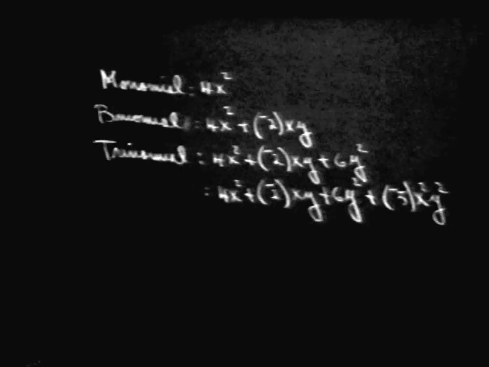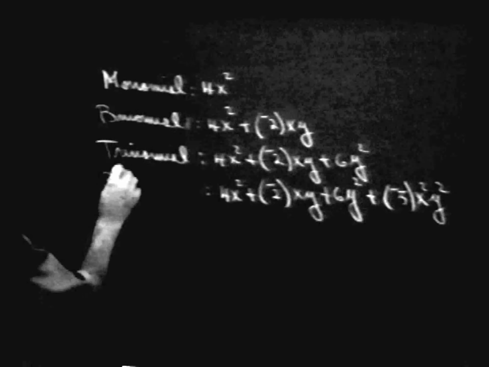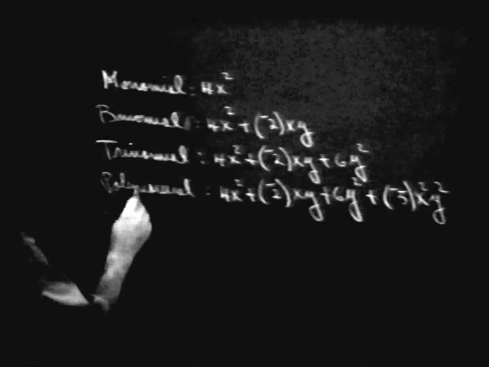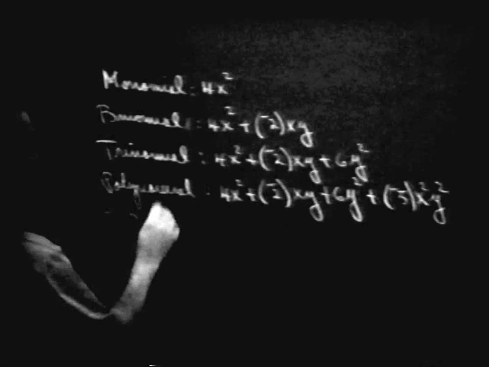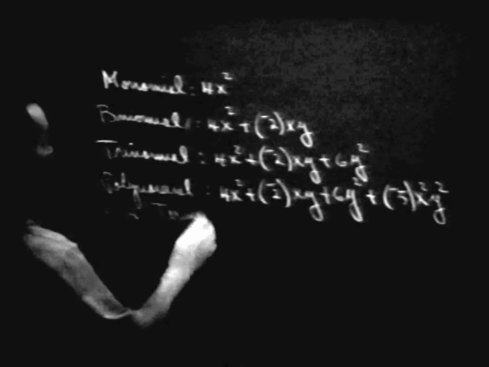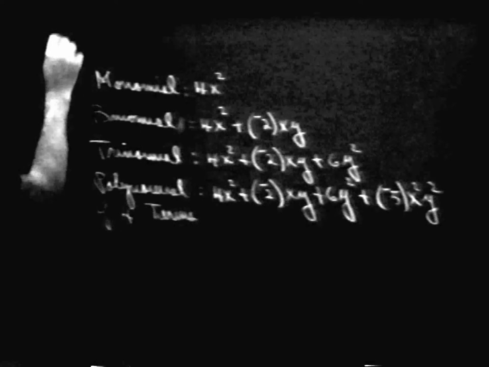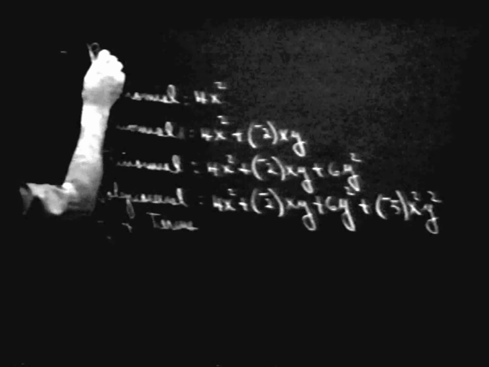we then start to generalize this, and we simply refer to it as, Brenda, a polynomial, P-O-L-Y-N-O-M-I-A-L, of, in this case, 4 what? We call each one of these a term. So this is a polynomial of 4 terms, all right? And as a matter of fact, if we had to give a name to this entire idea, let's call it polynomial,